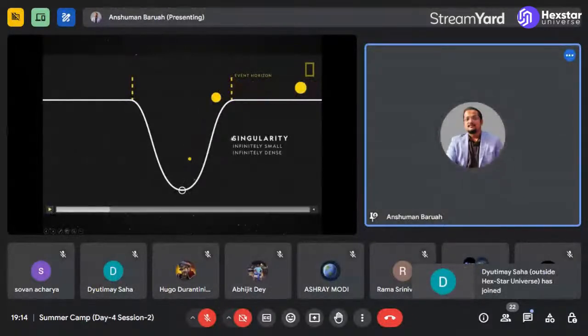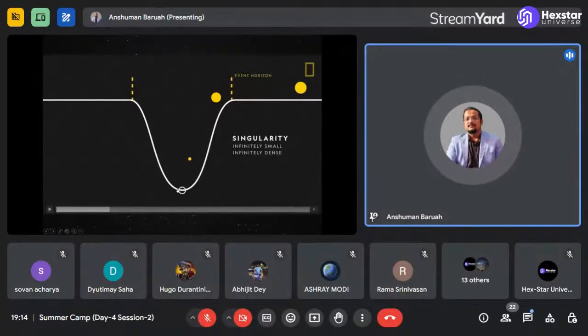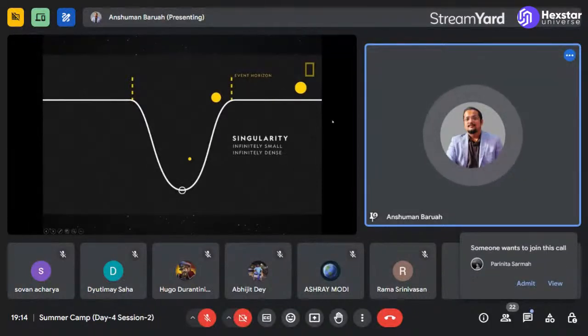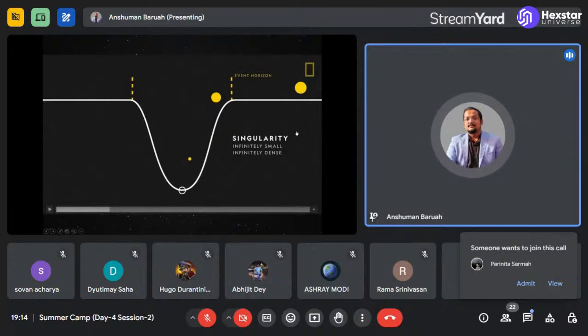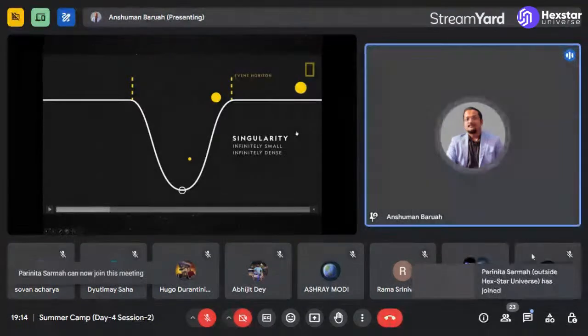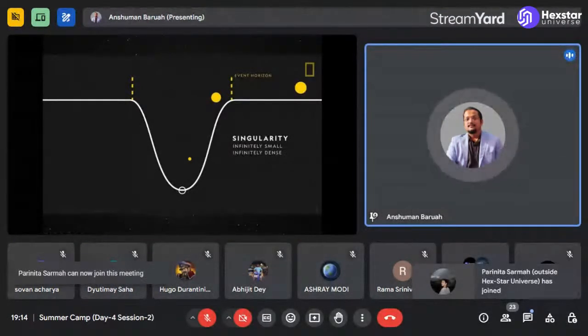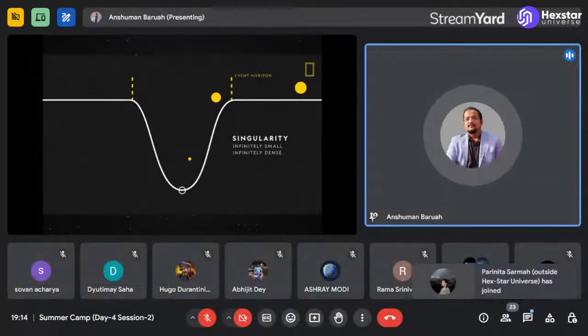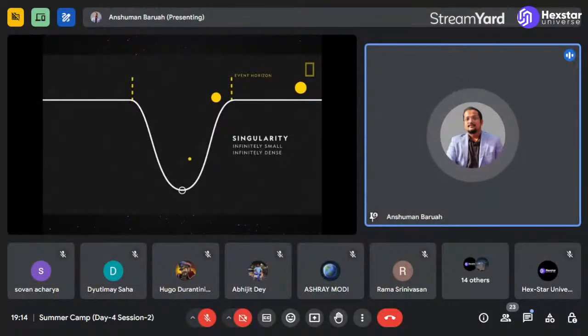And at the central point underlying the entire deep curvature well of the gravitational field, there is a point called the singularity. It's a point that is infinitely small. We don't know what the exact dimensions are. It's a point of infinite density. Now, why do we use the word infinite? Infinite doesn't make sense, right? Although you might think of infinity as a very, very huge number, whenever we are talking of physical quantities, infinite doesn't really make sense. Physicists use the terms infinitely small and infinitely dense.